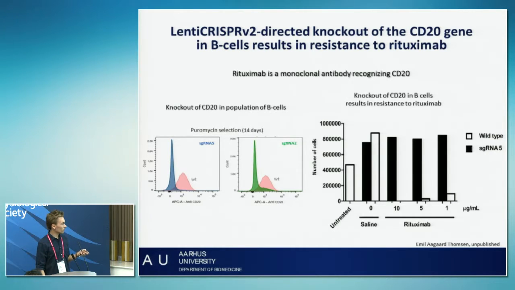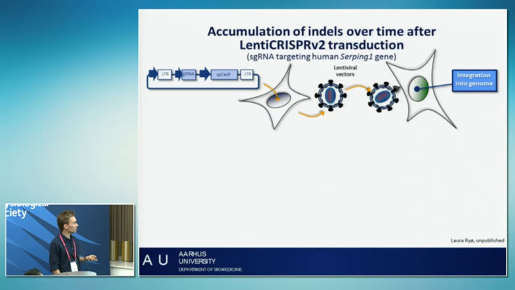When we did flow cytometry on these cells, we could see that we had a large population of cells no longer expressing CD20. When we took these cells and subjected them to treatment with rituximab, we could see that only the cells that had received a guide RNA targeting CD20 were able to survive. Another example is shown here. Again, we use the lentiCRISPR